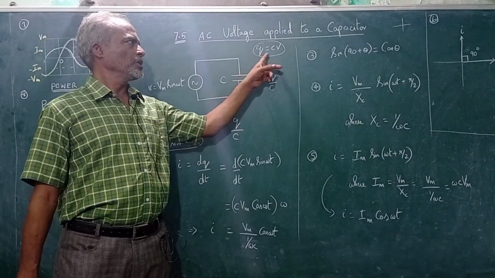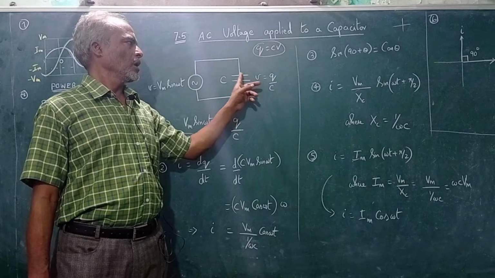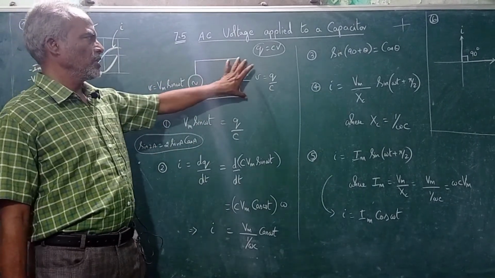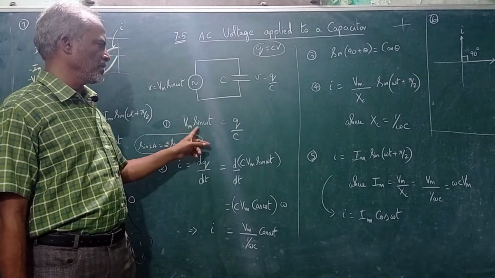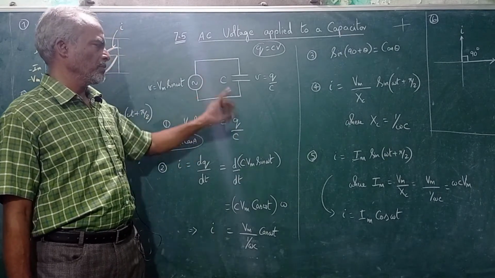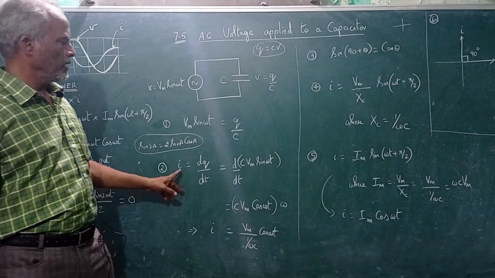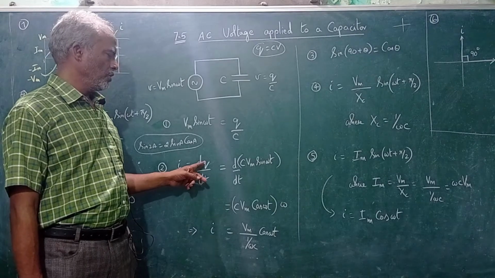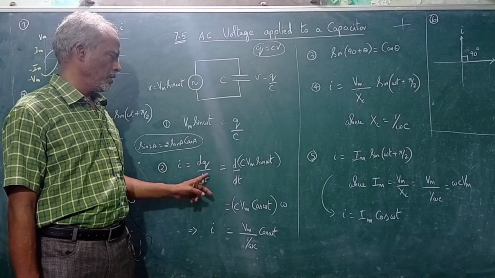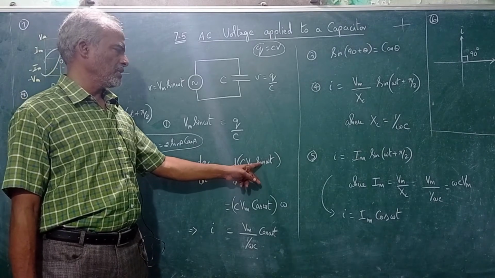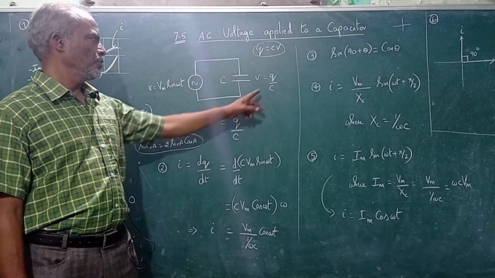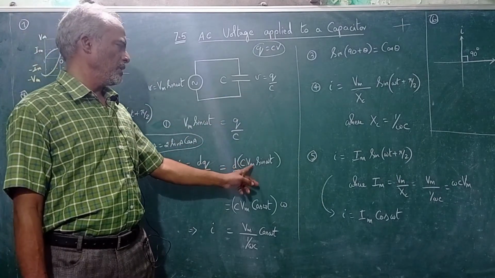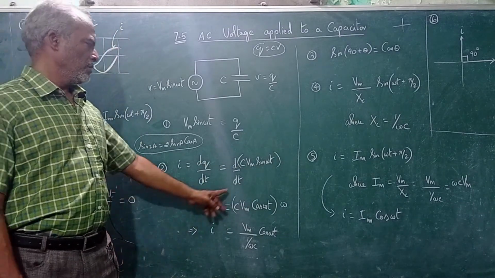We all know that Q is equal to CV. Therefore, voltage across the capacitance is equal to Q by C. So the source voltage is equal to the voltage across the capacitor. So Vm sin omega t is equal to voltage across the capacitor, which is Q by C. Now current is nothing but rate of change of flow of charges. So dq by dt, which is equal to d by dt. Now Q is CVm sin omega t, because Q is equal to, bring the C this side, so you will get Vc. So CVm sin omega t divided by dt.